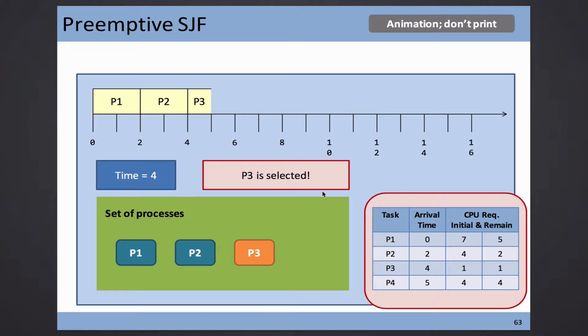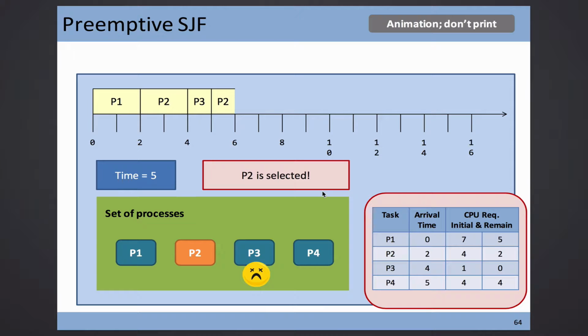And it so happened that we would have two events happen together at time equal to 5. The first event is, of course, at time equal to 5, there is a new process coming in, P4. And another event is that P3 finishes. Okay? So two events happen together, and of course, we don't need to care about the one that's already gone. So I take a look at this column and choose the shortest one to run. It's supposed to be P2.